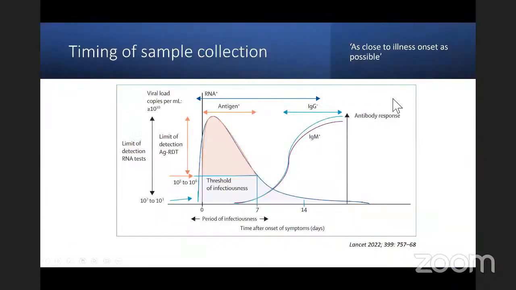Okay, all right. So when is the most suitable time for you to conduct a sample collection? Okay, basically the rule is to take the sample as close to illness onset as possible. Because if we're referring to this graph, we have here days of infection. This is the onset of exposure. I think the y-axis is the viral load. So as we can see here, the antigen level and the RNA level is highest at the earliest stage of the illness,